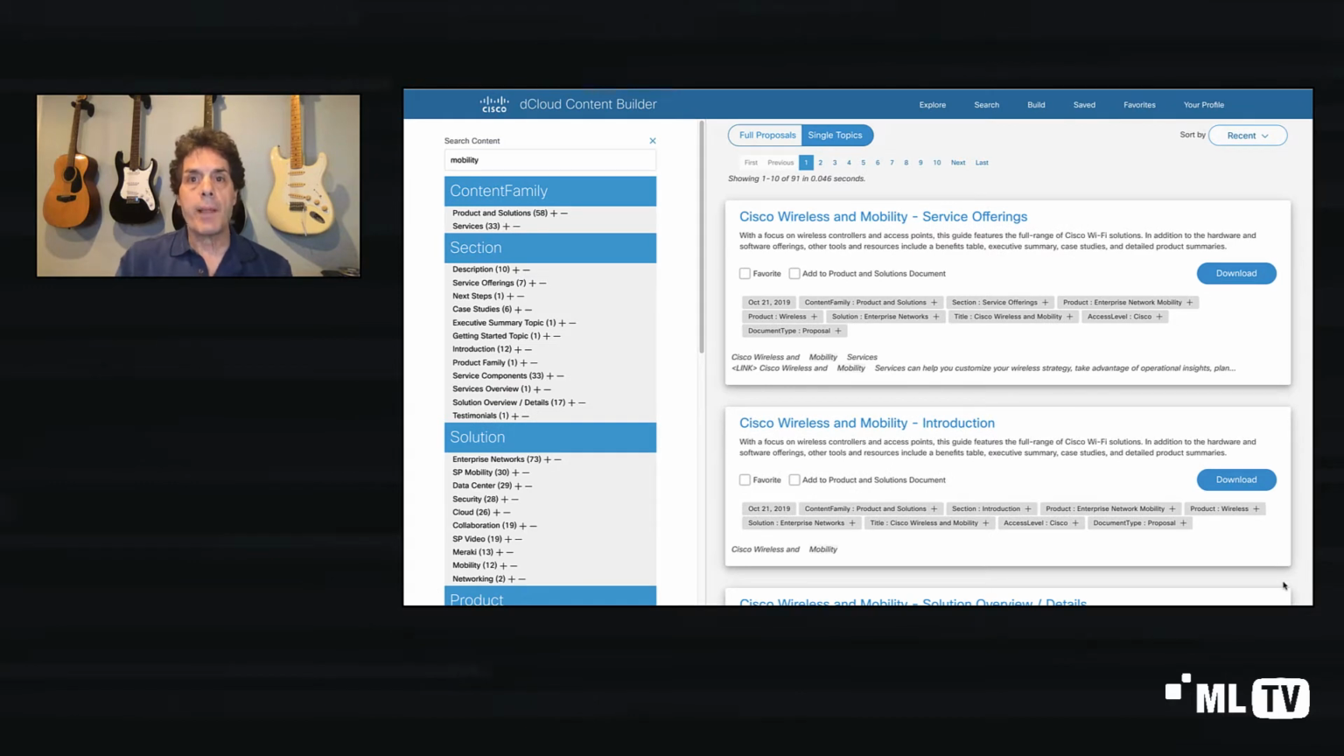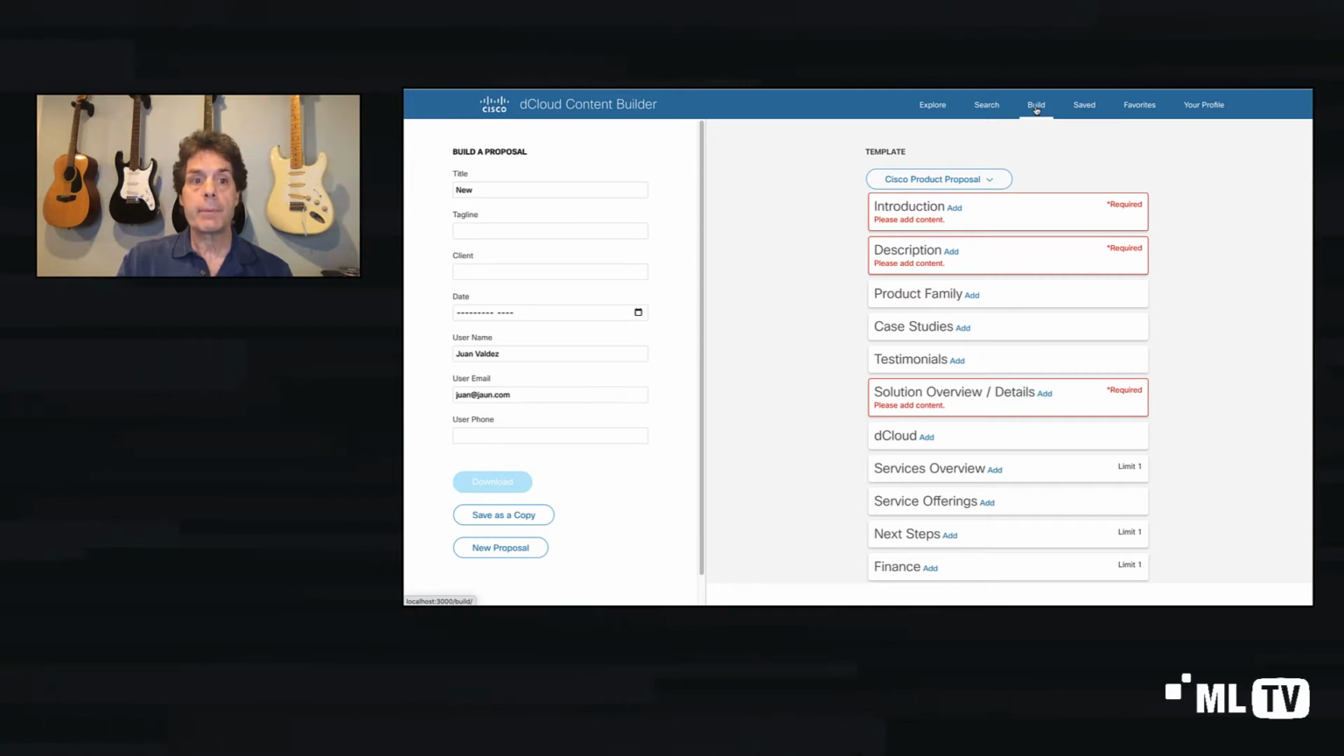And that's the build template. If you remember, Cisco wanted to maintain some control over the content and the formatting. So you do that with templates, and I'll click the Build tab. And you can see that I have a new template here where these are all the components that can potentially go into a proposal. Some of them are required,